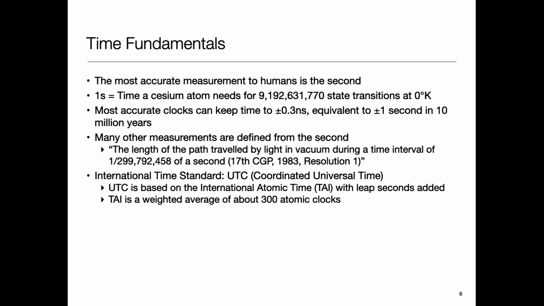So in terms of how the second is defined, I'm sure when you took physics, they talked about how for most of our fundamental things, like what's a kilogram and what's a meter, there are ways of defining it. Likewise, the second is a particular number of transitions of the cesium atom, and so cesium atomic clocks by definition are the standard, and everything else is defined with reference to those.